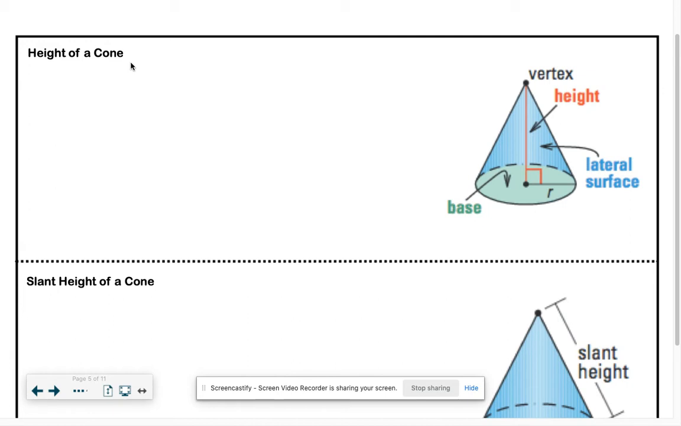So like a pyramid, we have two different kinds of heights. We have the height of the cone and the slant height, but they're very similar. Your height of the cone is the perpendicular distance